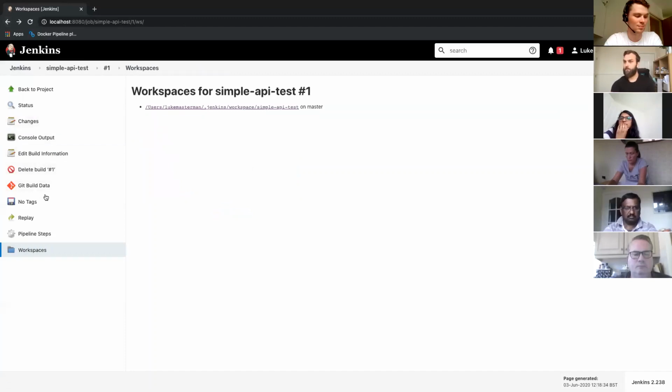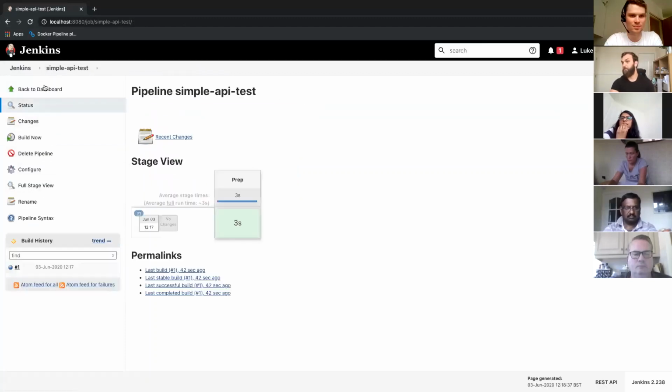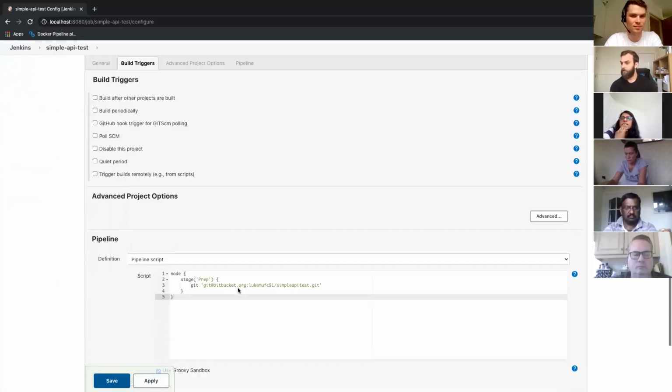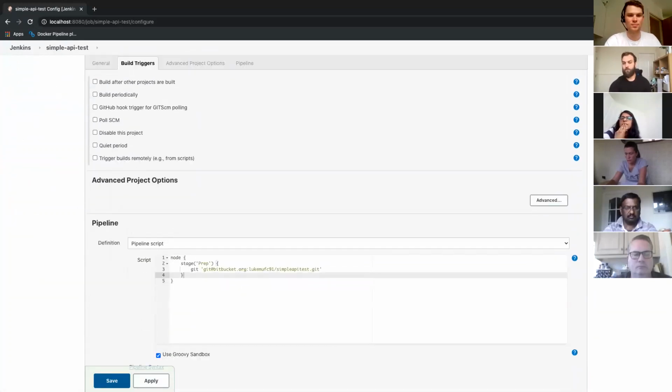So I'm going to go back in and add some more to this build. This project does use a Docker container, so my next stage here would be to build that container.